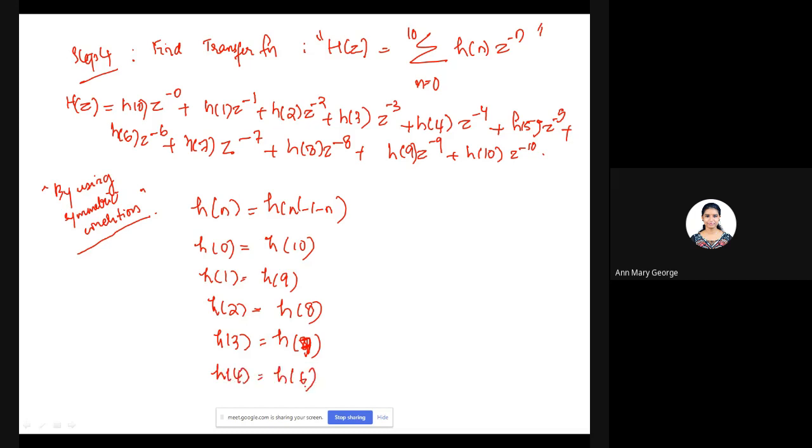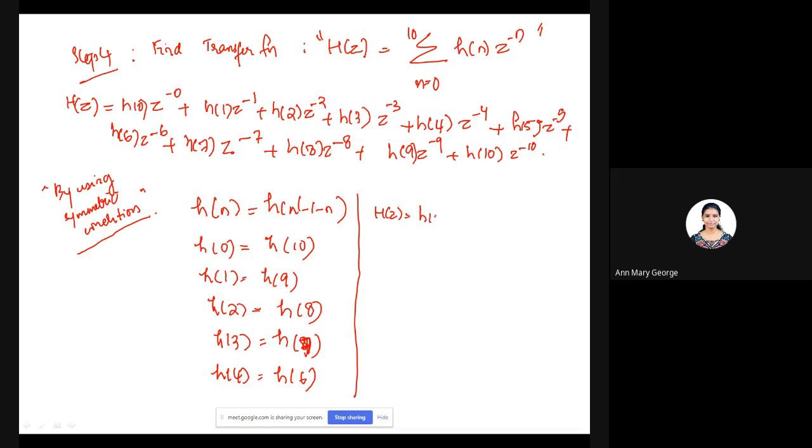Okay, we can simplify the expression for the transfer function H(z): h(0) equal to h(10), h(1) equal to h(9), h(2) equal to h(8), h(3) equal to h(7), and h(4) equal to h(6). Then replacing and simplifying H(z), we will obtain H(z) as